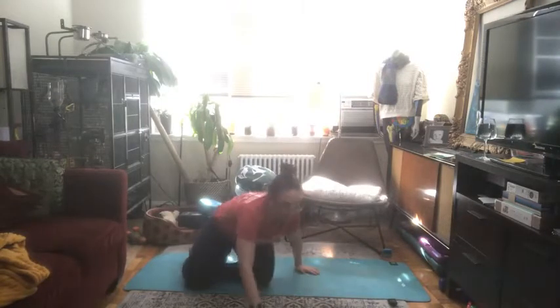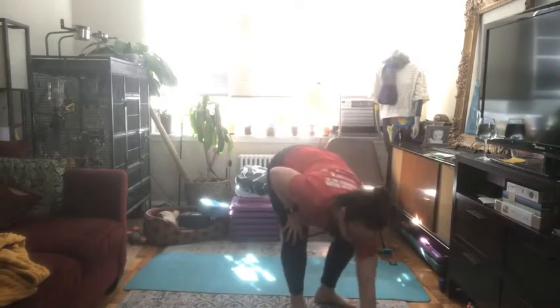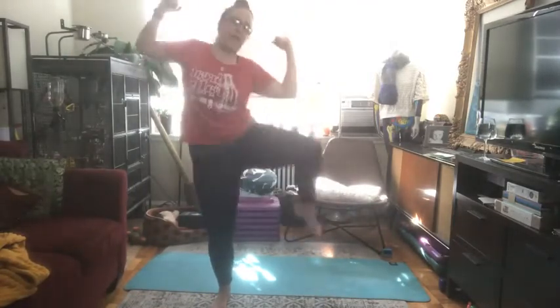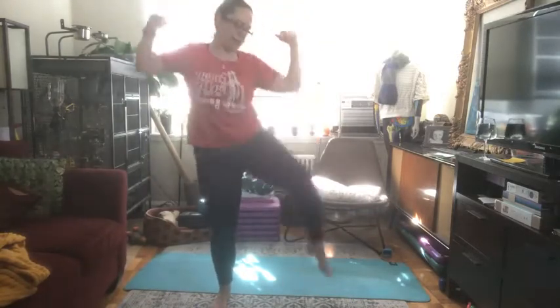Okay, what's next? We got those standing wide knee abs. Which leg would you like to start with? We're going to switch it up halfway through. You can extend those arms out towards the side, then make some muscles and work nice and slow to begin with. Think about bringing your lower rib closer towards your hip. And as you start to feel good with the move, you can move a little bit faster. Still using that breath. Get ready to switch in 3,